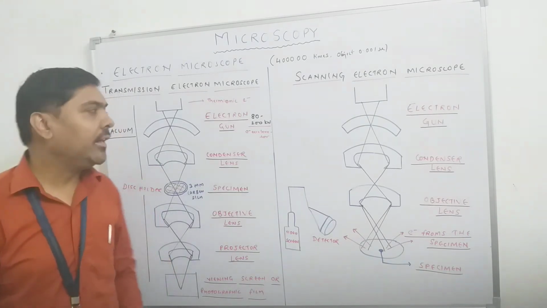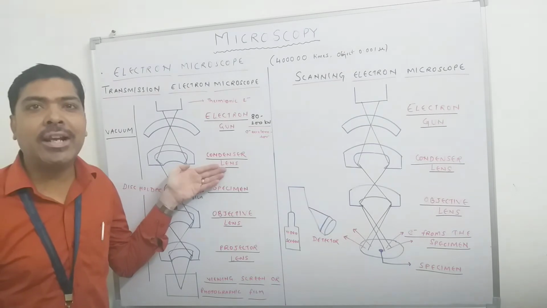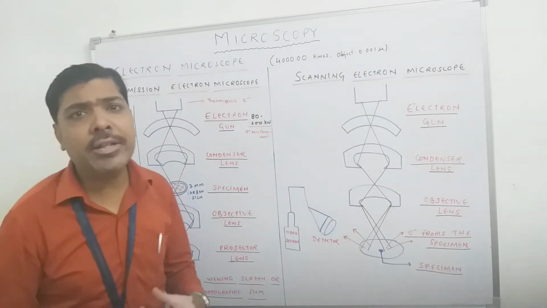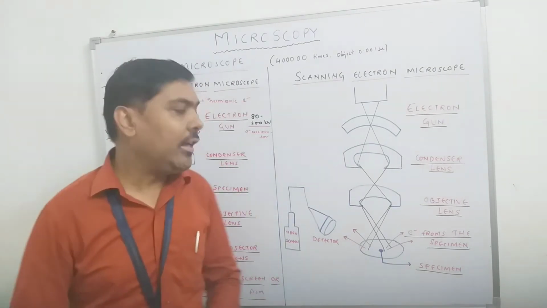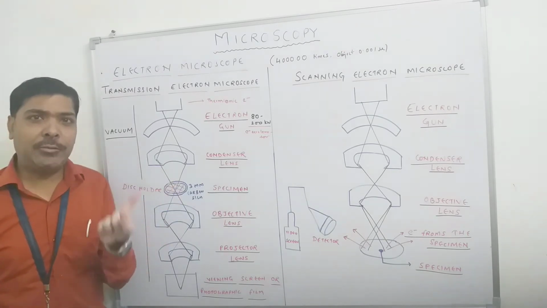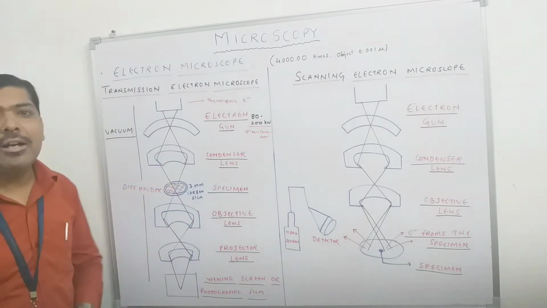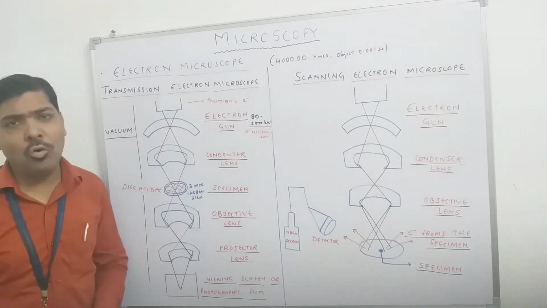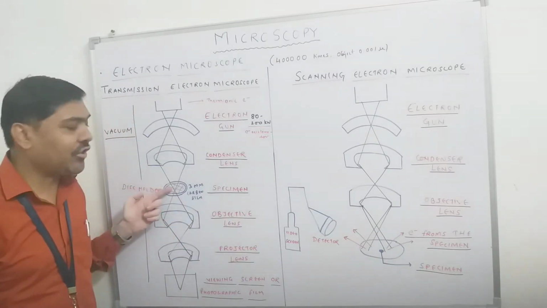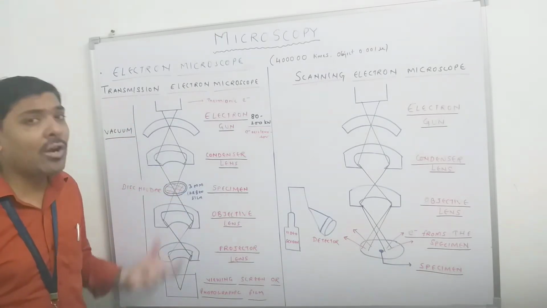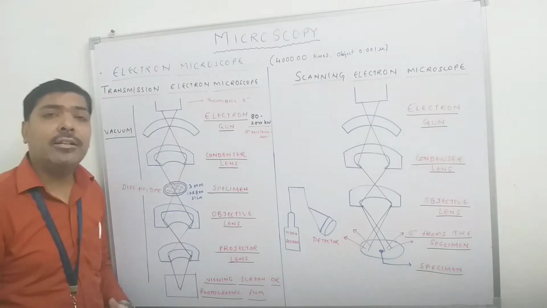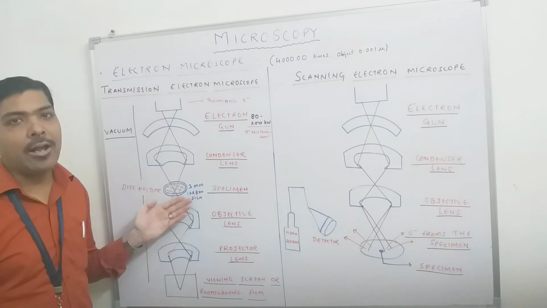Once these thermionic electrons are generated and accelerated with the help of the electron accelerator, they are dragged with the help of the condenser lens towards the specimen. Now again we have to discuss something about the specimen also. As you can see in this diagram, the specimen is placed in a specialized disc, which is called a disc holder. This disc holder has a mesh-like structure, with different meshes in the disc, and its diameter is around 3 mm. This disc is also coated with certain carbon films.